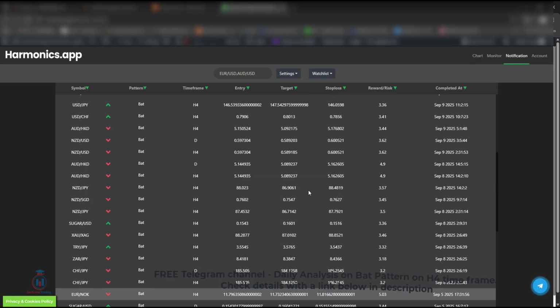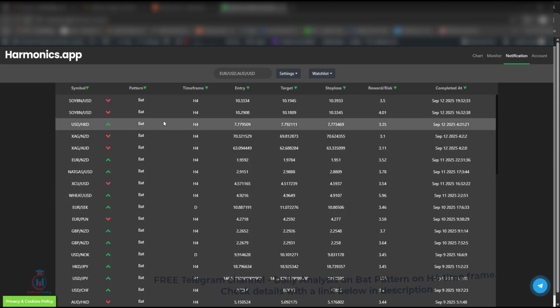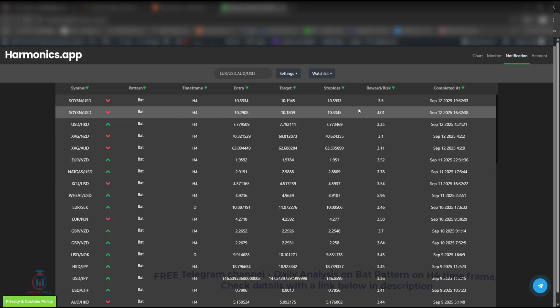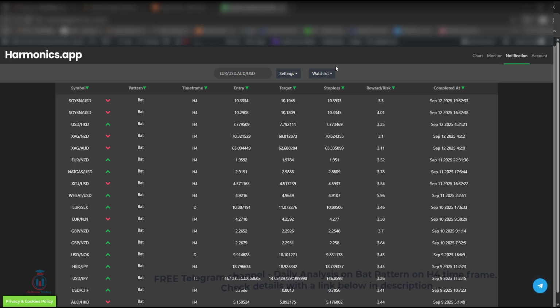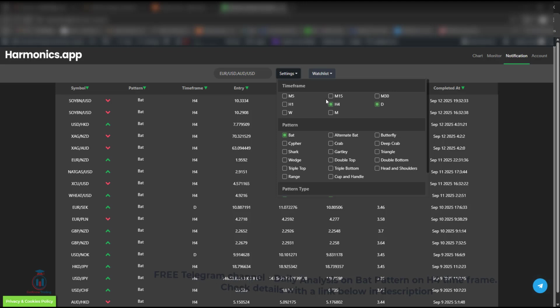So for now I do not have anything to share to make the analysis, but what I can share with you is how to use the scanner. Feel free to use the notification tab to select which settings you would like to have. Here inside the time frame you can select the 4-hour time frame, the daily time frame, and you can also use